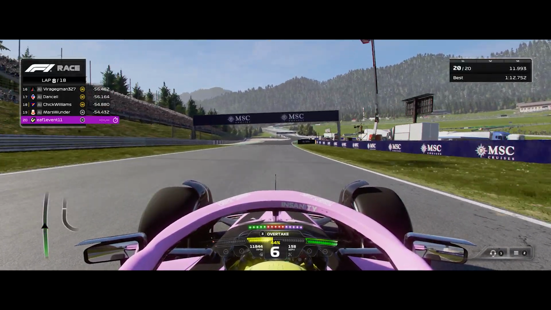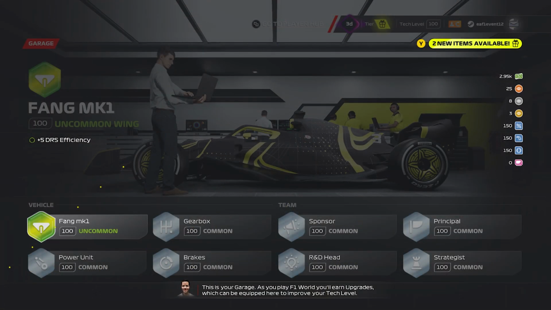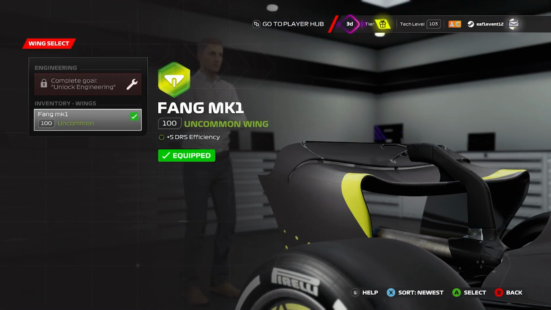Nice. So you've finished an event and you're rewarded with an upgrade to your car. Now what? Simply head over to your garage and apply that upgrade to the respective area. Upgrading the car improves your tech level, with your current tech level being the average of all components on the car. Your tech level isn't just an arbitrary number though, as it dictates the difficulty of the AI you'll be facing in series events. At the time of release, your tech level will start at 100, with the goal to